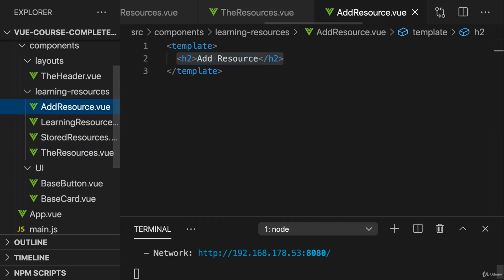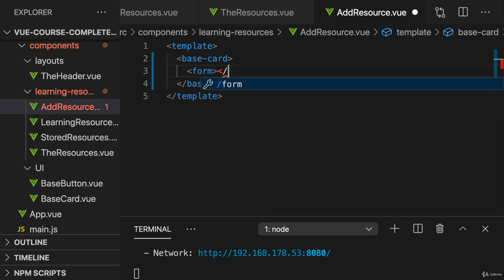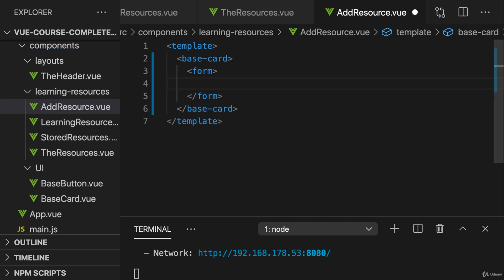So let's work on the Add Resource screen. On this screen here, I, in the end, want to have a form. And I'll wrap that form into my good old base card to have that card look around the form. And then we can add the form element in there, the native HTML element, and now add the different input